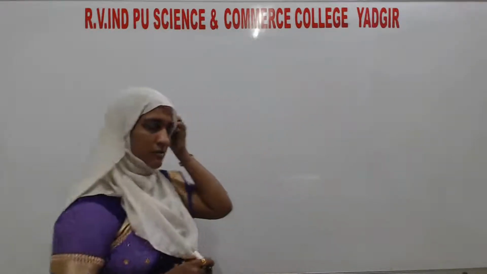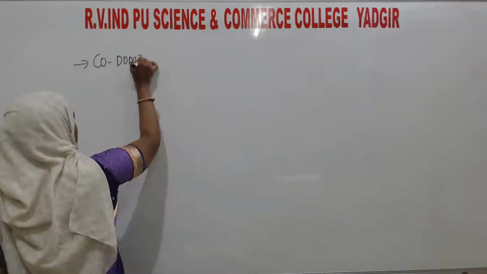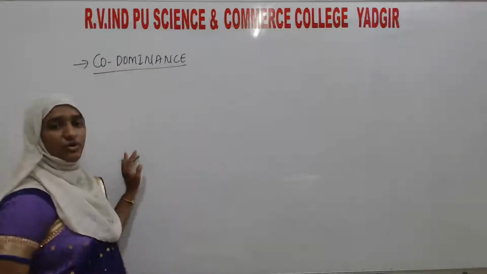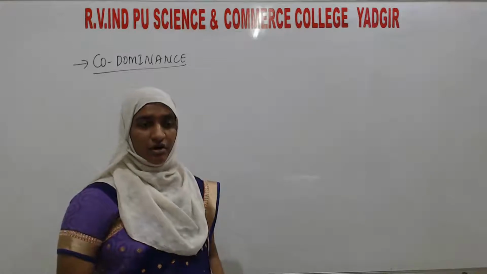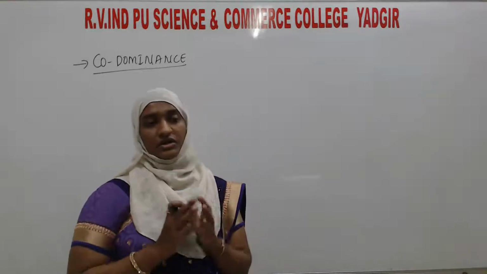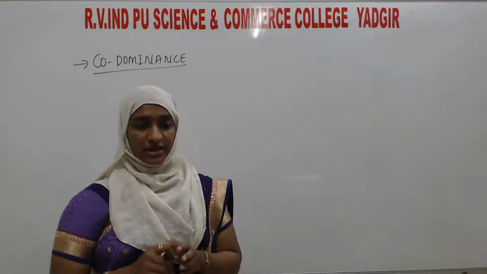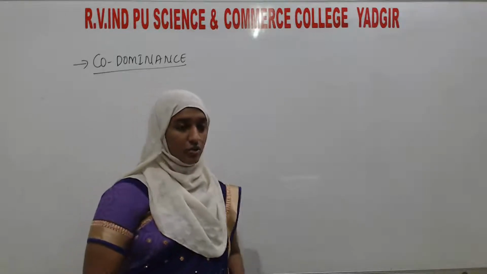So good morning students. Here today we will continue with the next topic, that is codominance. In the last class we had studied about incomplete dominance, or partial dominance. Today we will go for codominance. In incomplete dominance, one gene will be partially dominant to the other. But here in codominance, what happens, let's see, it is a phenomenon where both alleles